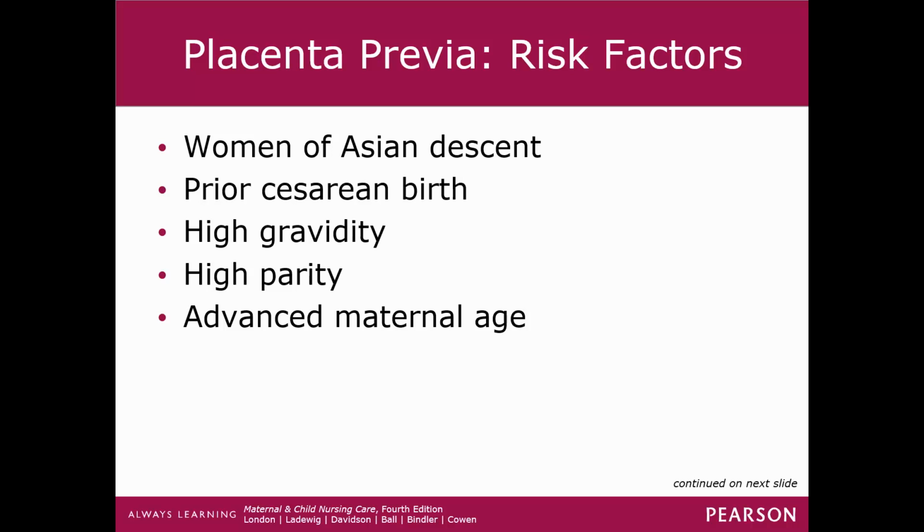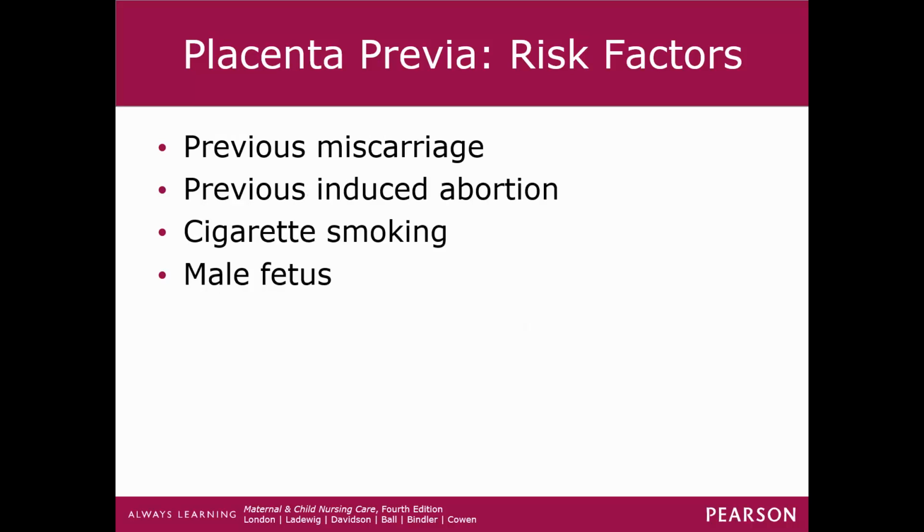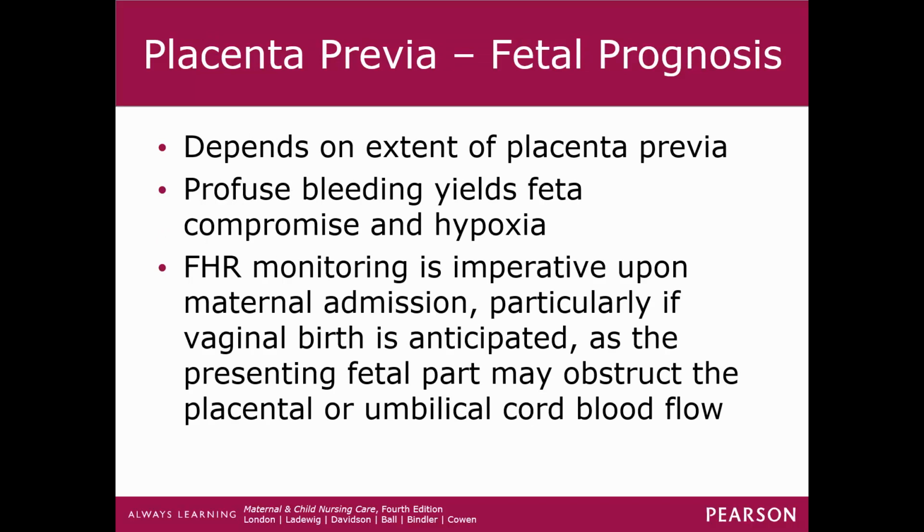And here are the risk factors for developing a placenta previa. The one other thing that I would like to bring to your attention is a placenta previa can be diagnosed in early pregnancy, and then as pregnancy progresses, the placenta can migrate posteriorly and up high in the uterus, and then the placenta previa is what we call resolved. Okay,